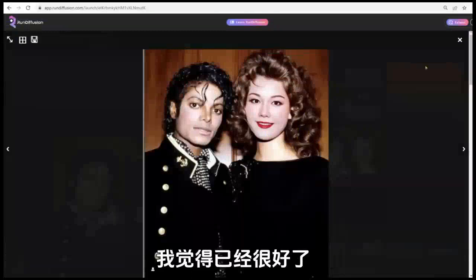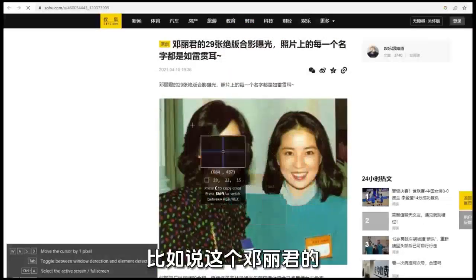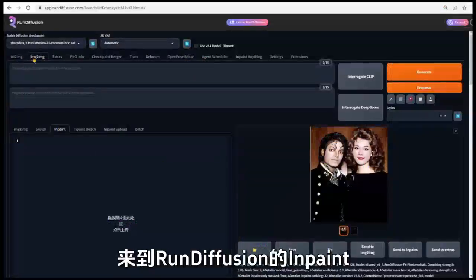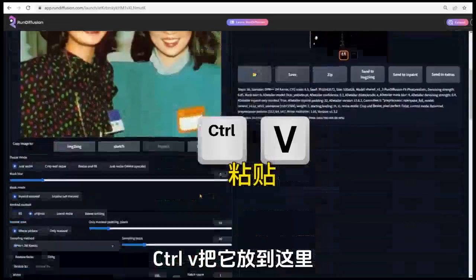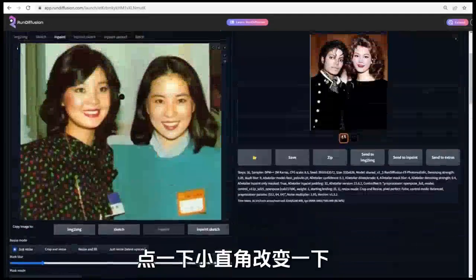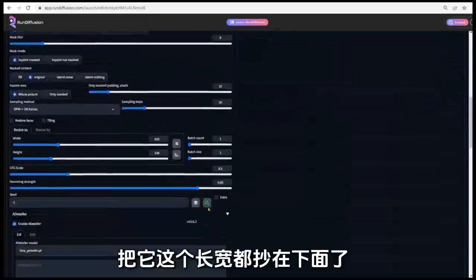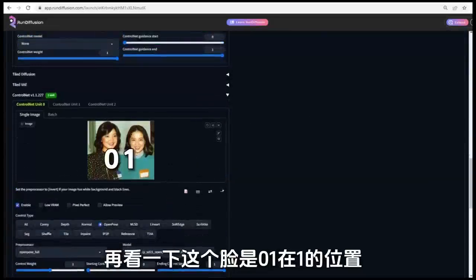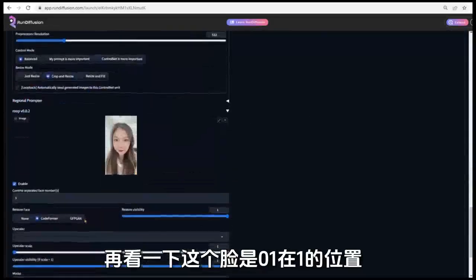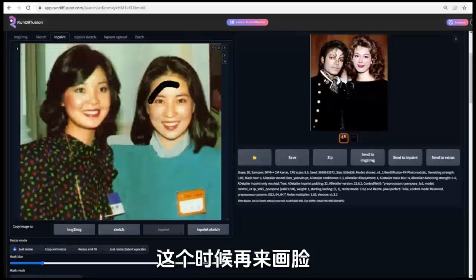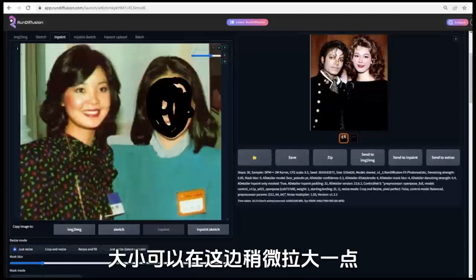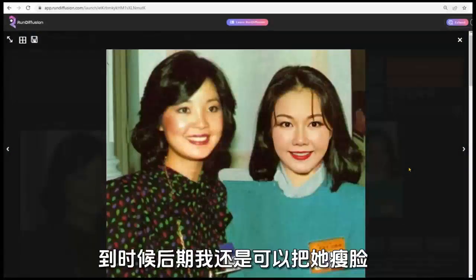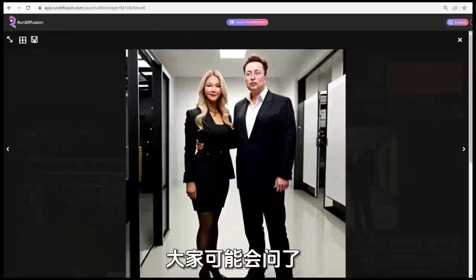Slightly trim the face, I think it's already good, then change another picture, such as this Teresa Tang's, also copy this picture, come to Run Diffusion's ink paint, Control V put it here. Click on the small right angle, make a change, copy its length and width below, then put this open pose on it, then look at this face, it is 0, 1, at position 1, so fill in 1 here. At this time, when drawing the face again, the size of the brush can be slightly increased here. After drawing it well, you can generate it. This one looks a bit like, this one looks a bit chubby,